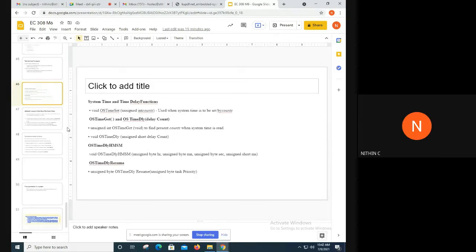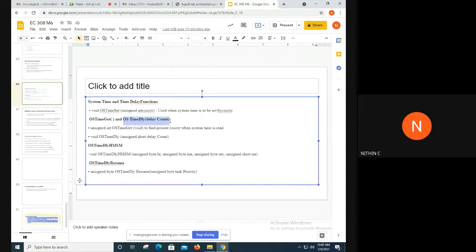So yesterday we have seen the time delay functions. The time delay functions are usually OS time delay count and OS time delay HMSM. These are the two commands which are used for time delays. And once we create a time delay, before its timeout, if we need to resume that particular task,